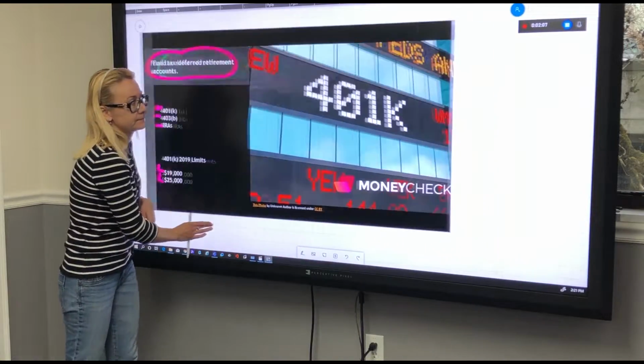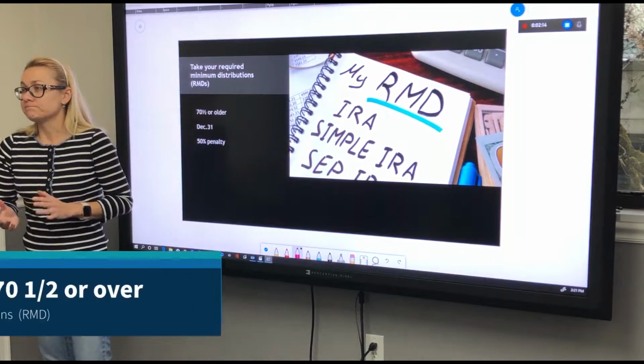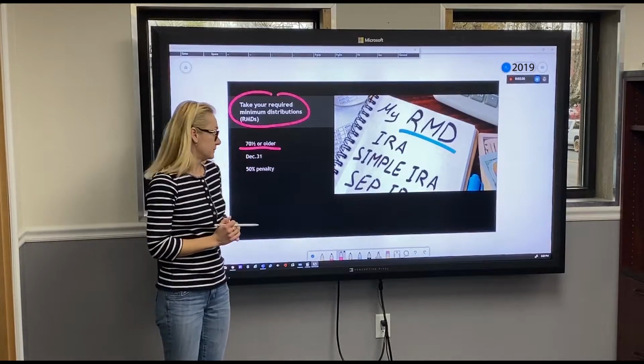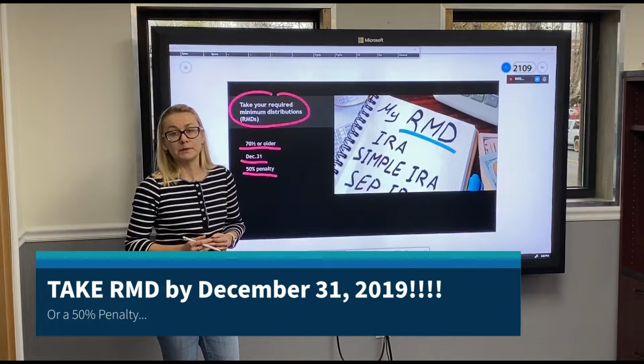Next tip, number 2. This tip is for people 70 and a half and over. Don't forget to take your required minimum distributions, also known as RMDs. You have to do it by December 31st of 2019. Otherwise, there's a steep penalty of 50% on the amount that you should have taken out, but forgot for